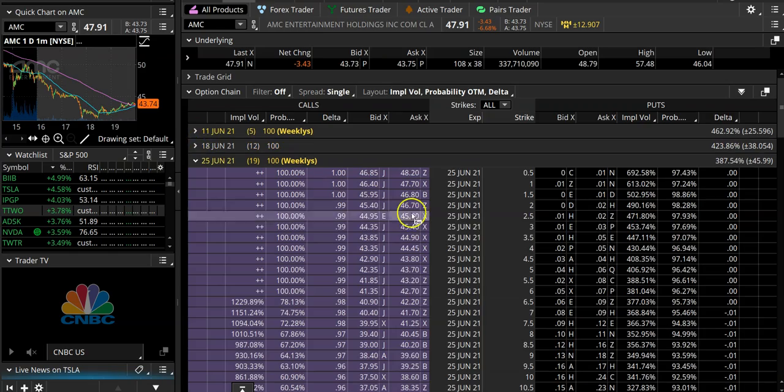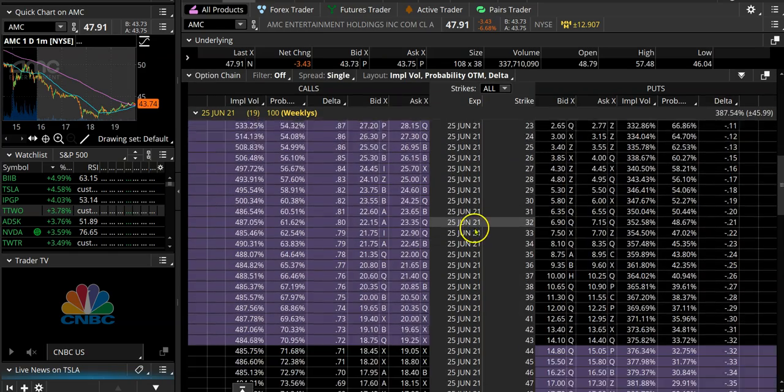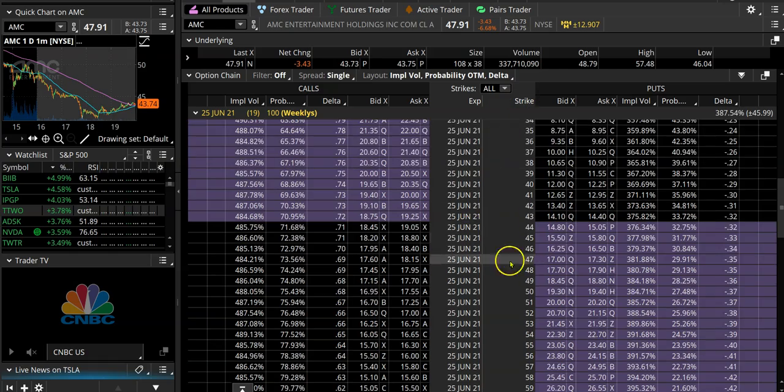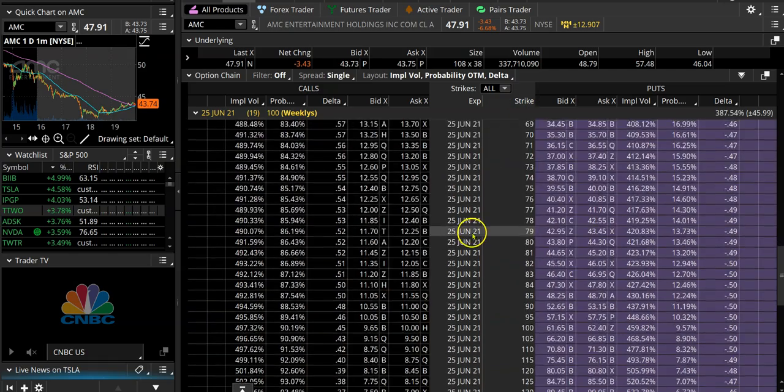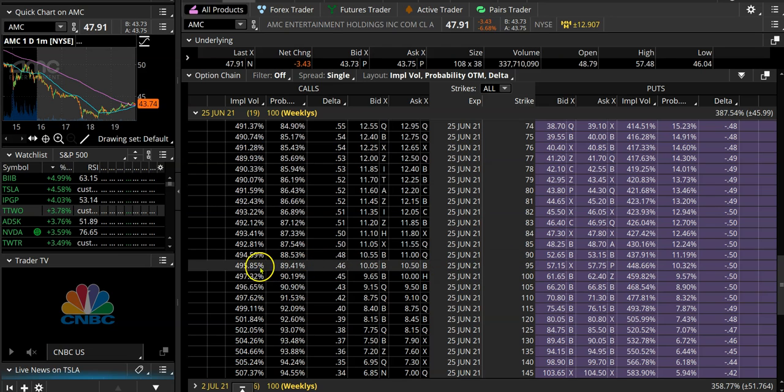But as I explode this open and we go to $95, which is right in the middle here, this strike price, as I go to $95, you can see that implied volatility on the 95 strike is 495%, not 387. So the higher the volatility, the more you're going to pay for it. But if it goes up, it's going to boost the ask price and the bid price higher. So again, when you're buying a call option, you're buying the call at the ask price or somewhere in between, however you want to do it.